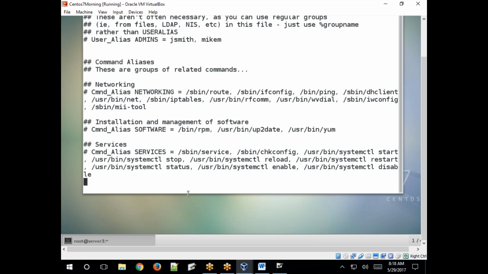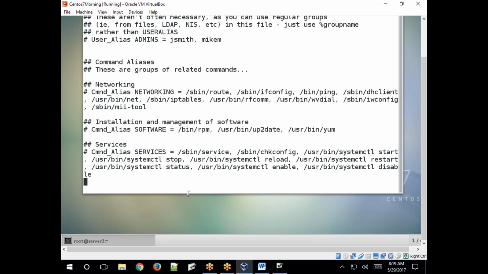So instead of specifying all these commands for a particular user, just use this alias name. Then that user can perform these actions: the normal user can check the routing table, the IP config, IP addresses, ping, and DHCP clients.